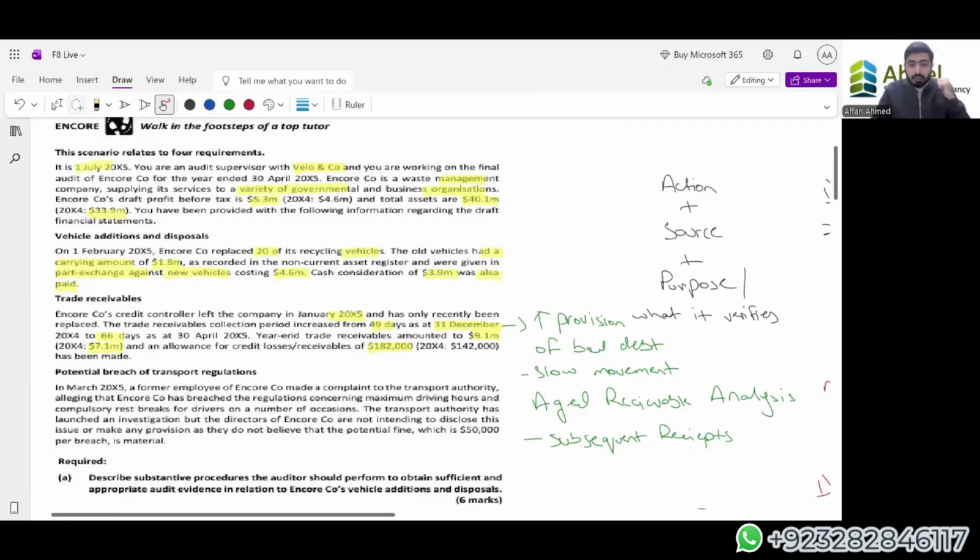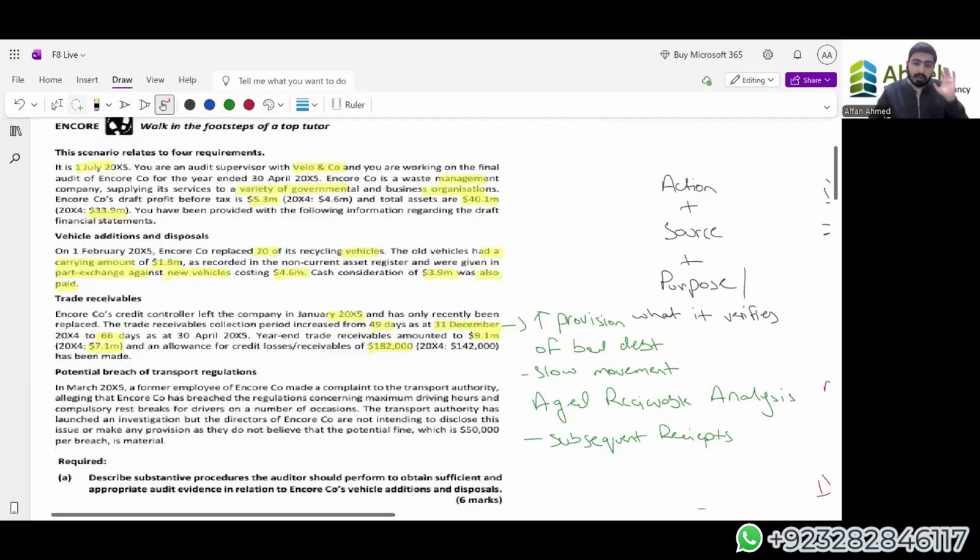Now what else can we do is, we can basically respond to the customers. We can send a confirmation letter to the customers. We can ask the customers when are you going to pay, or what is the situation of the transaction that you are having. If you have any disputes, let us know, etc. So we're trying to do what? We're trying to get to the base of why the payments are being delayed.